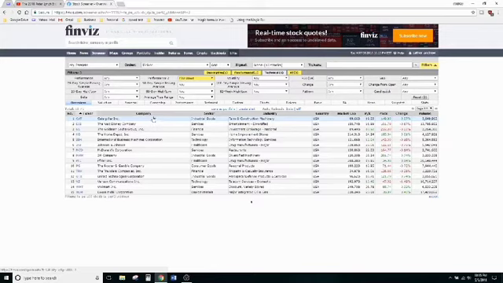And so when you're trying to find new ideas every month, it's great to be able to run the same screen, and then you can quickly identify when one fits in that parameter. That's where you can see an opportunity, one that you haven't seen before, right? If it now is in your screen and it wasn't before. So what you can do here with Finviz is you can actually save this screen, and then you can just run it real quick